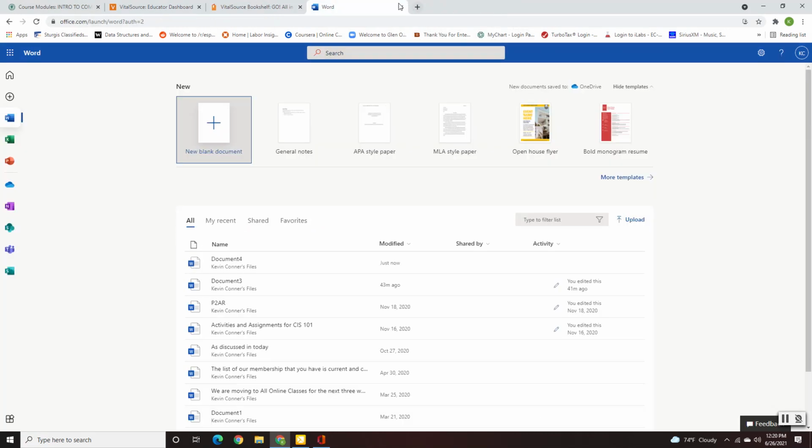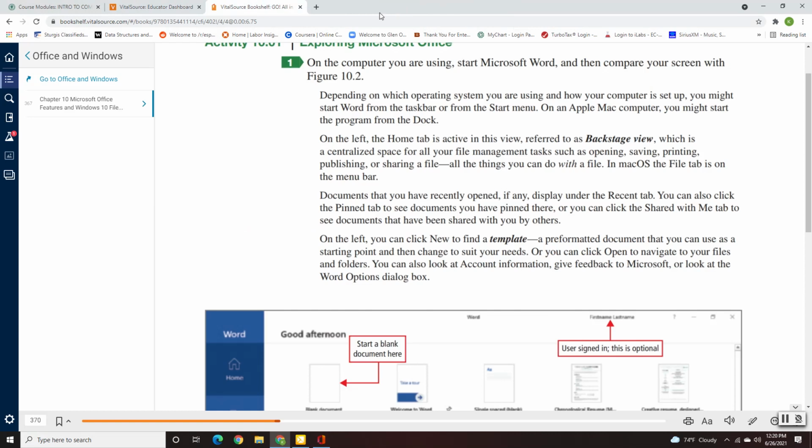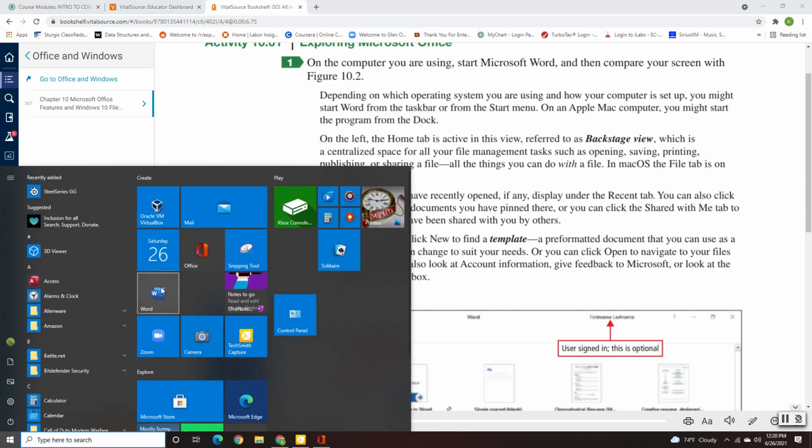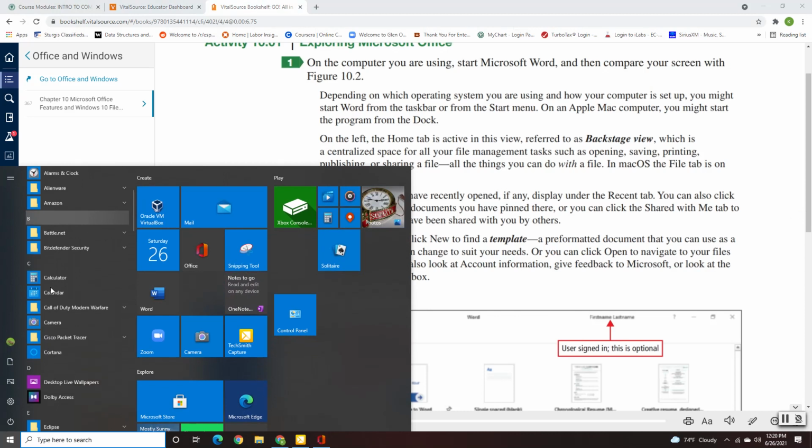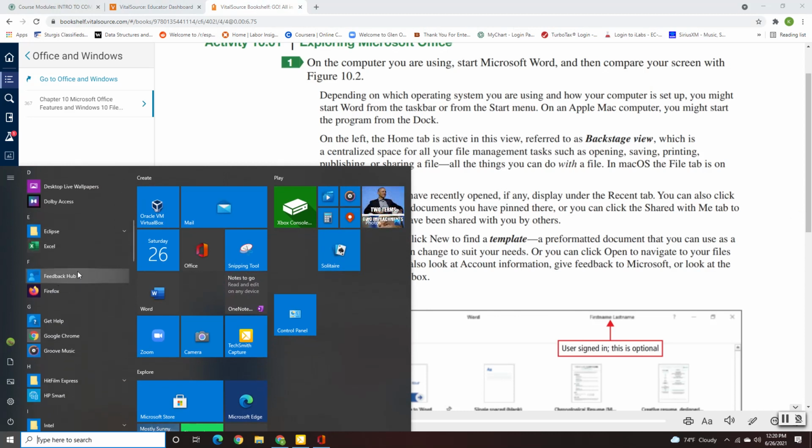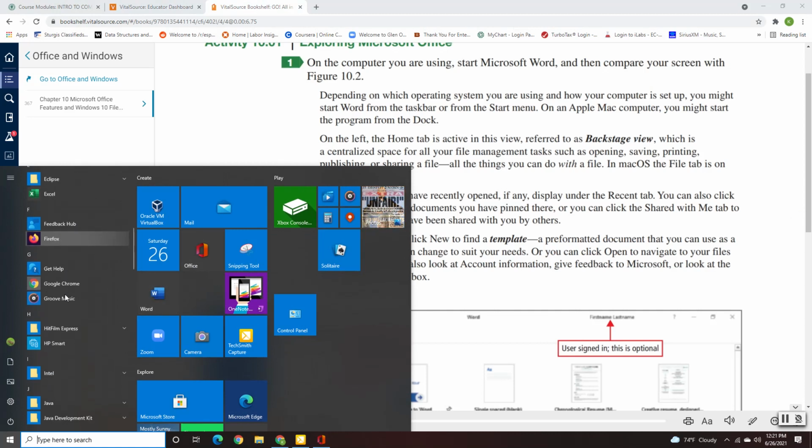I'm going to close that down. I'm actually just going to close this down. We're going to use the full-blown ones installed on your computer. So if I click the Start button, and I'll go back down again. And if you do want to pin them to your Start menu so they kind of show up right here,